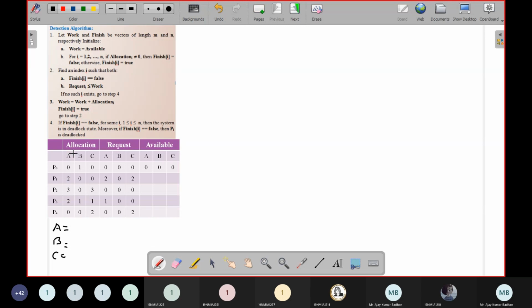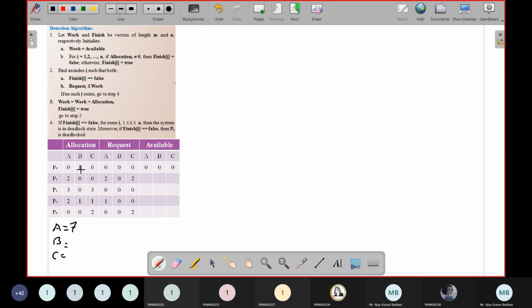So what is A here? Simple. Like in your deadlock avoidance, in the allocation matrix, in A, add up how many have been allocated. 2 plus 3 is 5, 5 plus 2 is 7. So the total resources of A is 7, because in available we don't have any. If we had available in A something like 2, we would do 7 plus 2. Since it is 0, 7 plus 0 is 7.